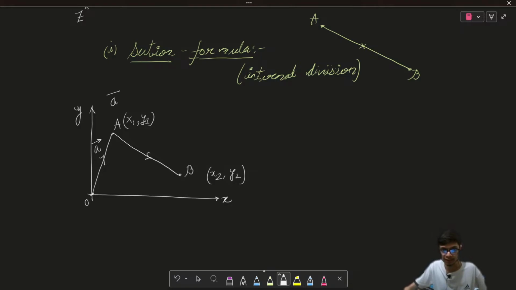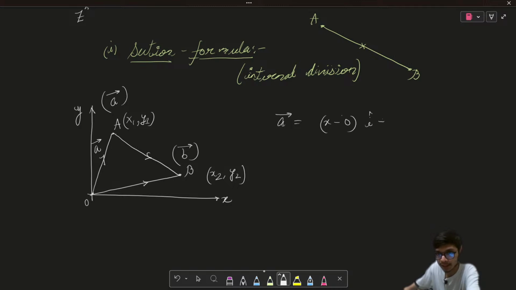Generally we represent position vector with small letters, right? And similarly the position vector of B is given by small b. If I ask what is the position vector of A, you will tell me the answer as x minus 0 i cap plus y minus 0 j cap, right? This is taken from the basic understanding of the position vector,